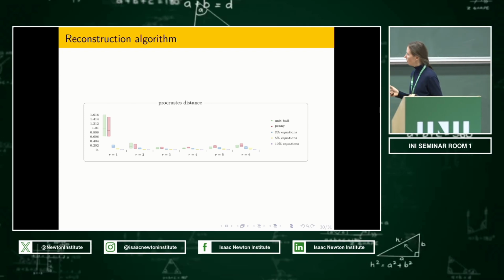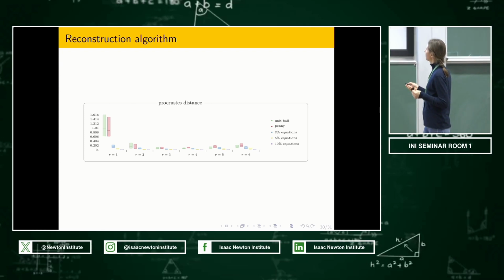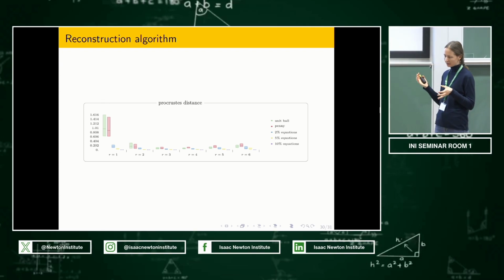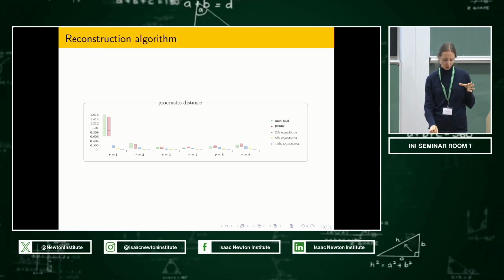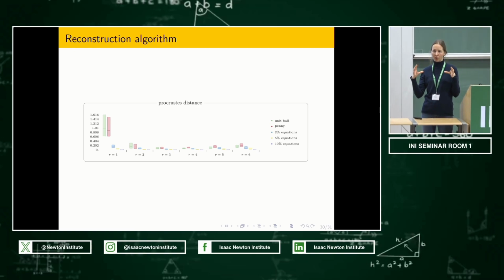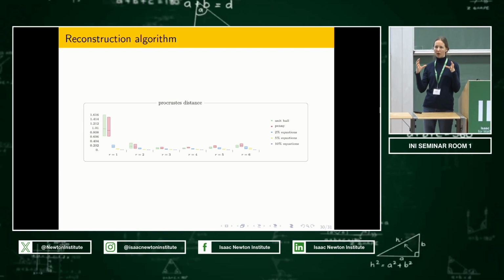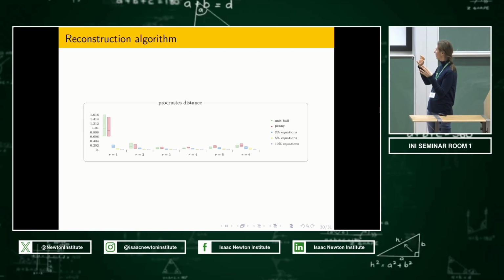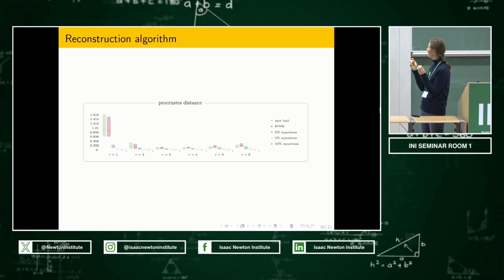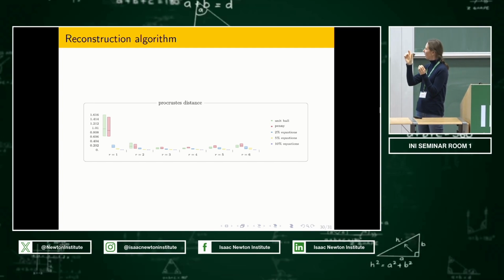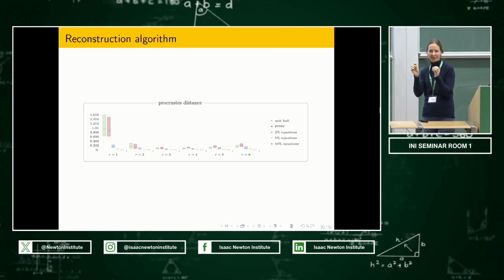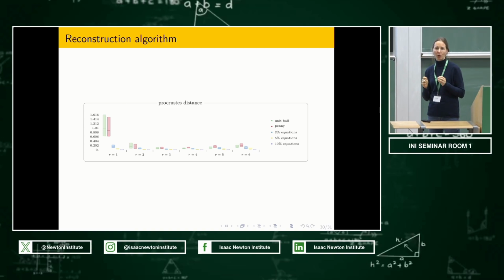So we also then did a comparison using Procrustes distance. If you have two sets of points that are ordered, Procrustes distance finds, after transforming, the minimum of the